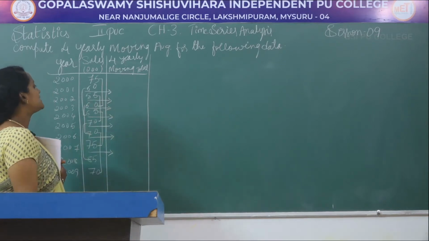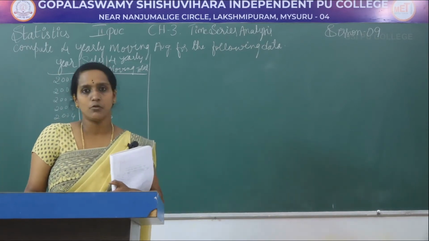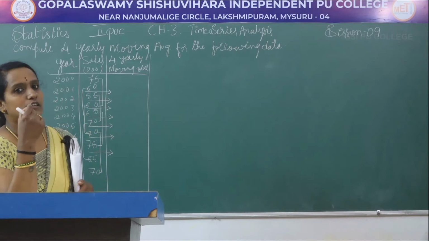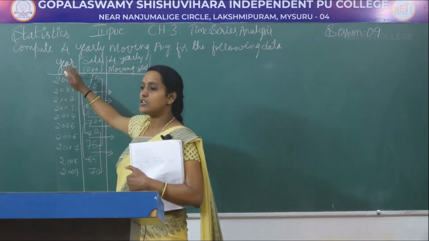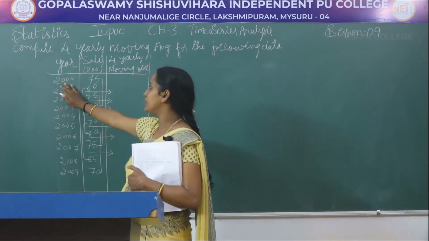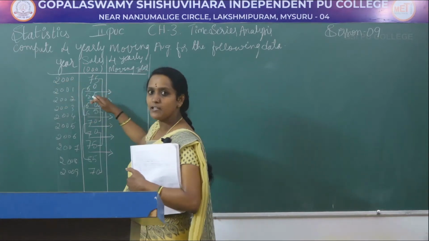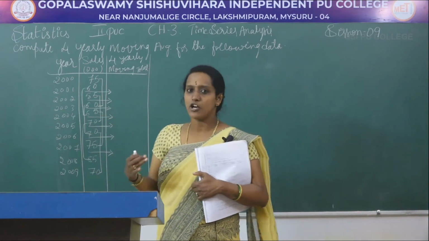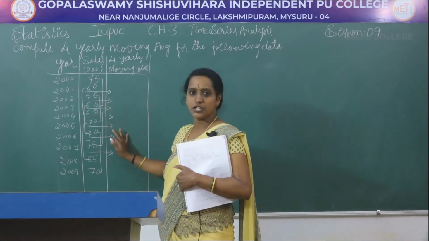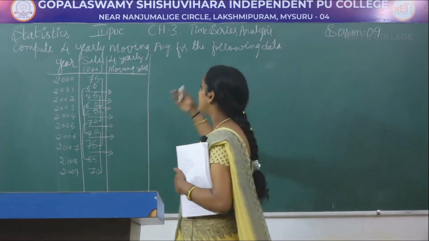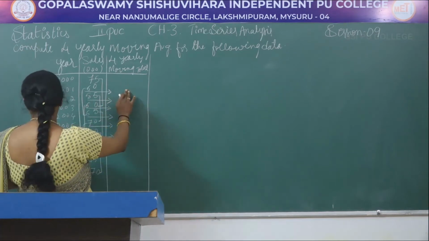Okay. First, let us add 4 numbers and write that in the position. When you are solving the 4 year moving average, it is better to write down the problems one by one. While copying the data, take 2000, leave one line, next 2001, leave one line. While copying the data, it is better to leave one line to write the clear position, so that it is easy to answer. Next step is we have to add the numbers and write. So I am adding the numbers here.